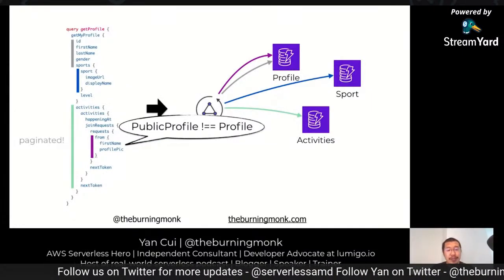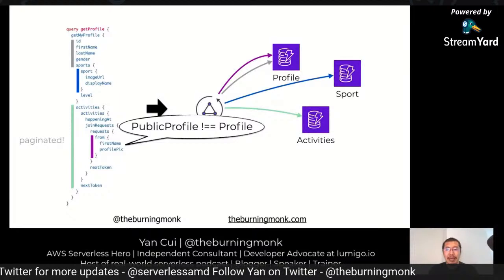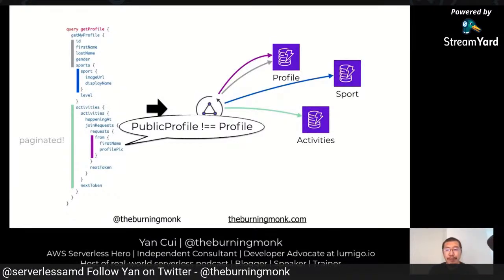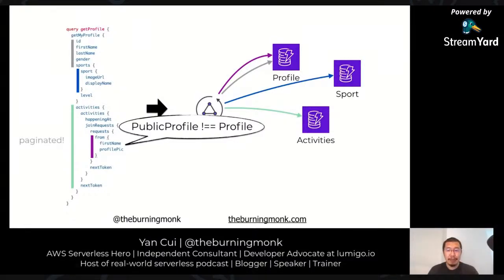And to prevent further nesting and to prevent leaking personal information like date of birth, there's a separate data type for your profile, which only you can fetch, and your public profile, which other people will be able to load when they find you in the app somehow, through search or through looking at one of your activities and then linking to your profile.